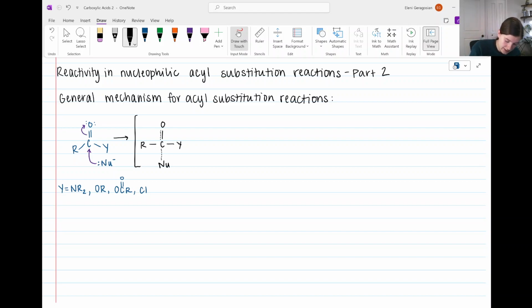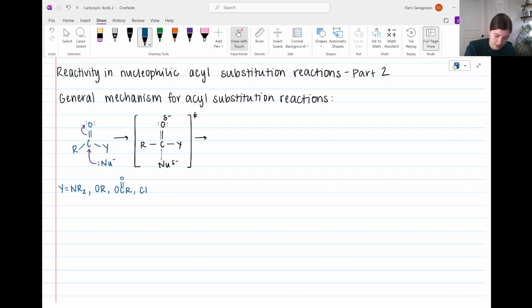We have in this step a partial negative charge on oxygen because in this first step, it has a neutral charge, and in the result of this step, it will be negative. And then the opposite is true for the nucleophile. It starts off with a negative charge and it will become neutral. So it has a partial negative charge. So this is our transition state that brings us to the result of this step,